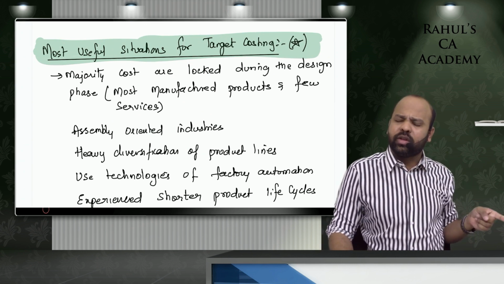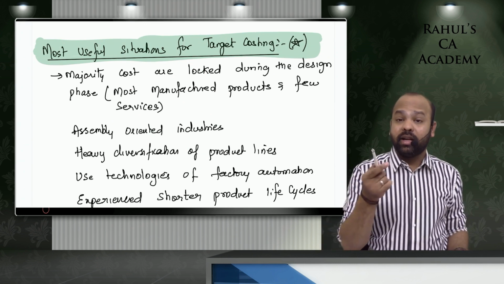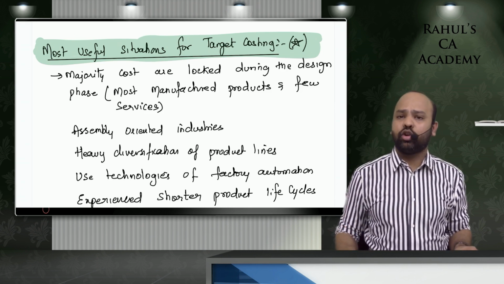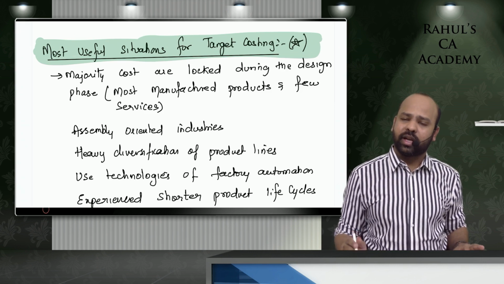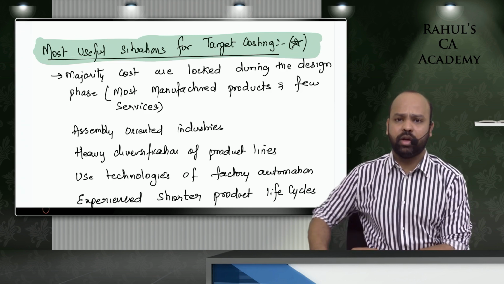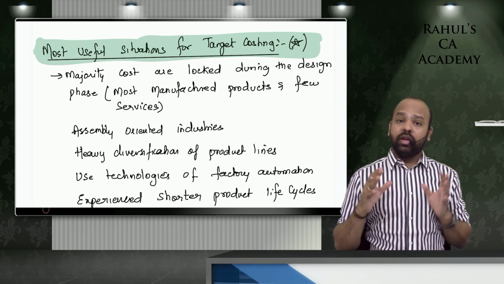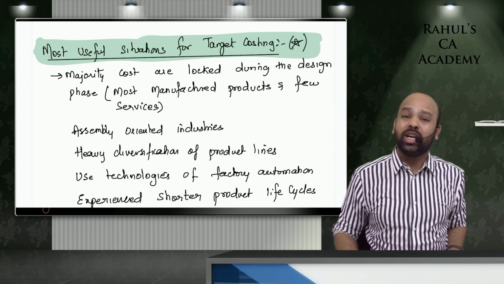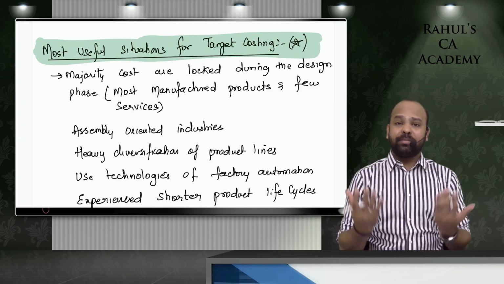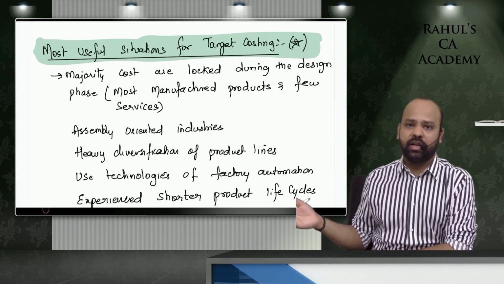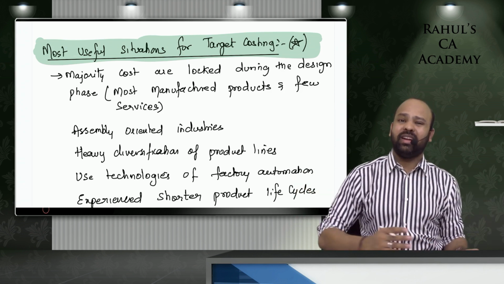I spoke about this, guys, a couple of times back only. I said, guys, parts design simplification. So this target costing, guys, is basically used in those cases, beta, where a majority of the cost gets logged in during your research and development phase only. What are you saying, sir? Your research and development phase will determine the amount of cost that you are going to incur at a later date. You are designing the product in such a way, beta, that you will not be able to save much cost later unless you come back to the design phase and reduce the cost.